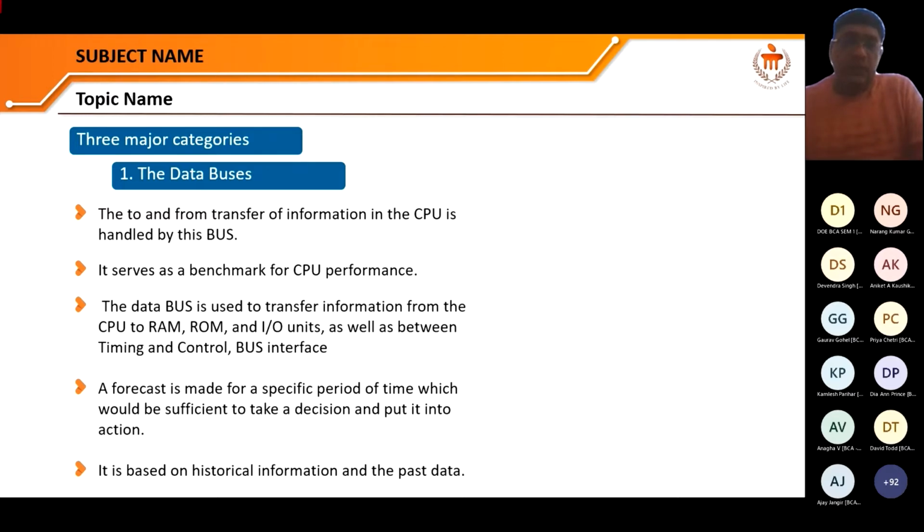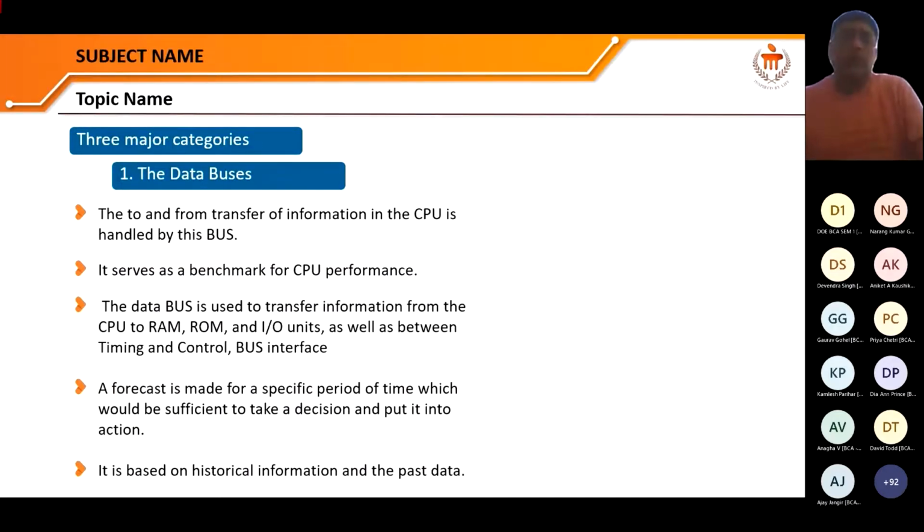Okay, and it also takes the historical information, that is, how much time we have taken to perform a particular task, and now this is the time the CPU will take. So buses play a vital, key role in sending information from the CPU to the other devices. If the buses are faster, we will get better results. Why will we get better results? Because, maybe I can give an analogy.